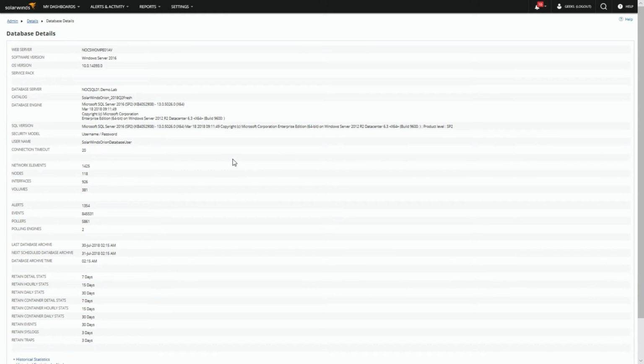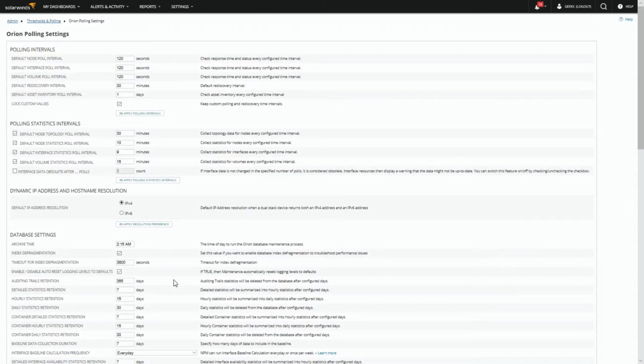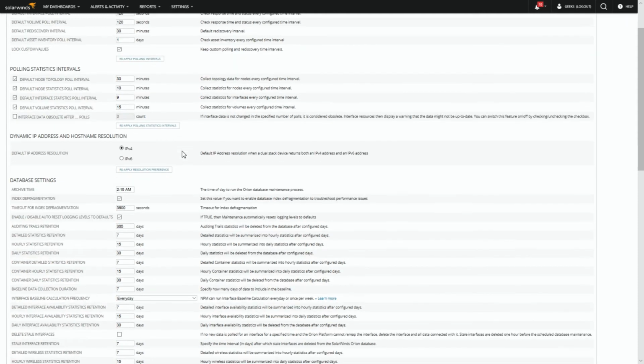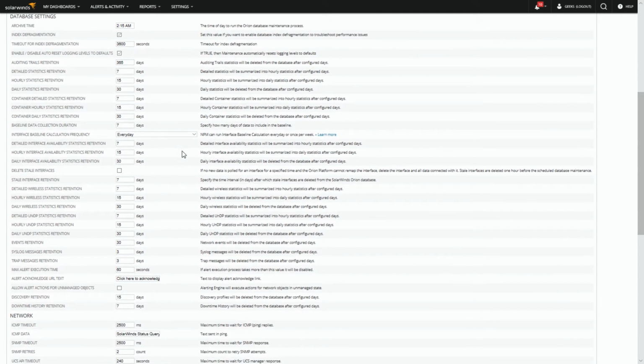So now we're going to go back into the settings page and into the polling settings that we were in earlier, because that makes sense for your database settings. Once we go in here, this is where we can check to make sure it's doing the re-indexing and the things it should do. I'm going to scroll past the polling intervals that we started with today and go into this huge list of database settings. If you were new and came in here, you automatically know the exact time the archives are taking place. It's at 2:15 a.m.